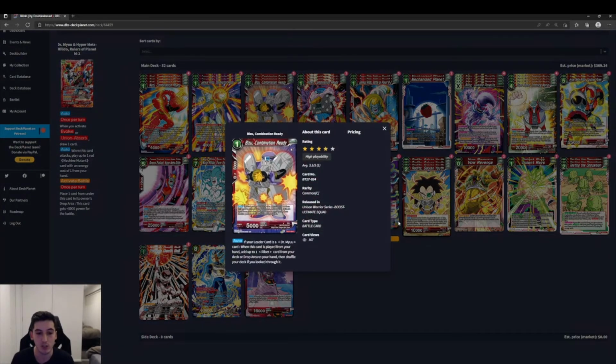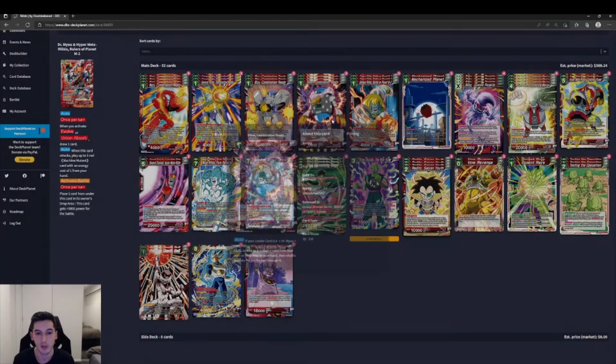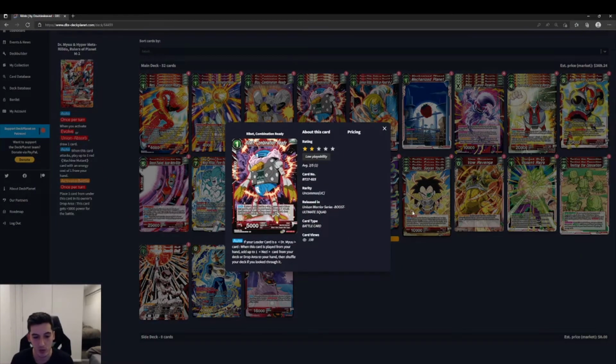Then we've got Bizu, combination ready. 5k 1 drop. So auto, if your leader card is a Dr. Myuu card, when this card is played from your hand, add up to 1 Rabbit card from your deck or drop area and then shuffle your deck. And then we've got the Rabbit as well. When it gets played, we get to add up 1 Nezzy from the deck or drop area. So each one searches out a different piece, but in combination with one another, we're able to find all the